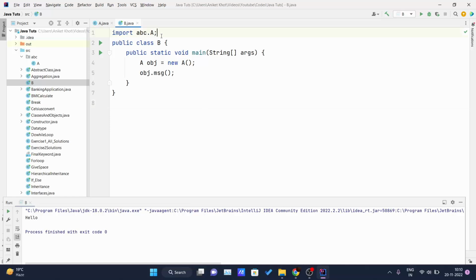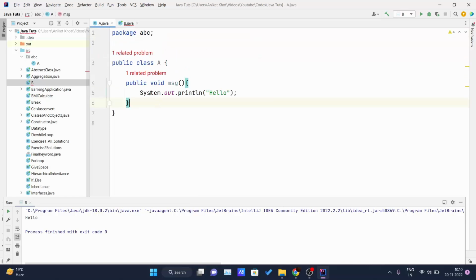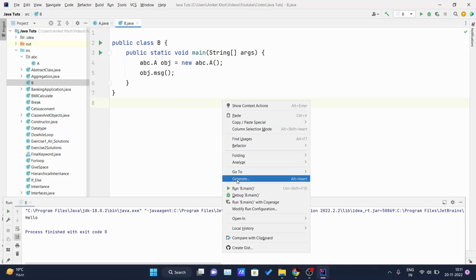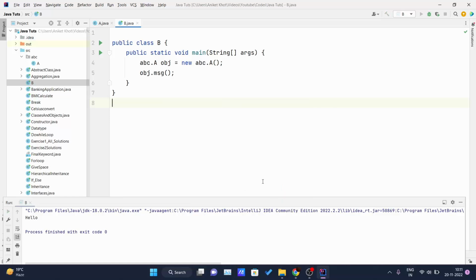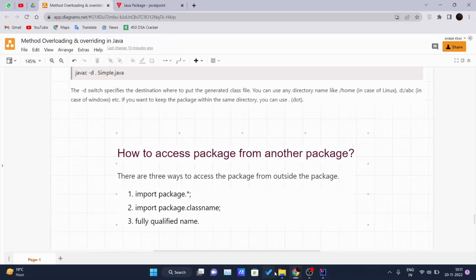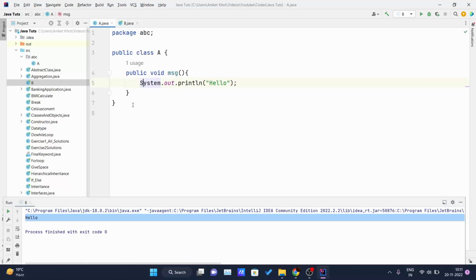Okay, so if you don't want to write this line, and you still want to use those classes which are written inside the package, then you can simply write the package name. What is the package name? abc dot A, and here also you have to write abc dot A. And now if I try to run this, again hello is getting printed on the console, because